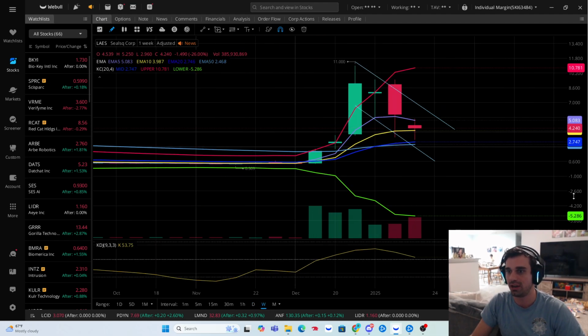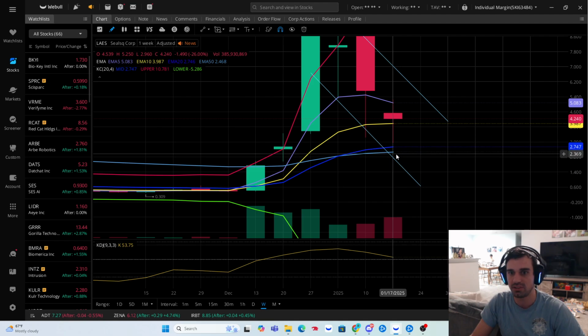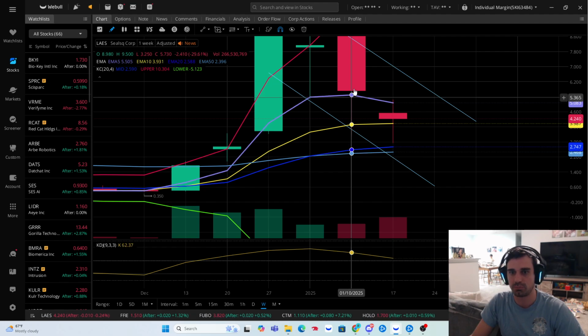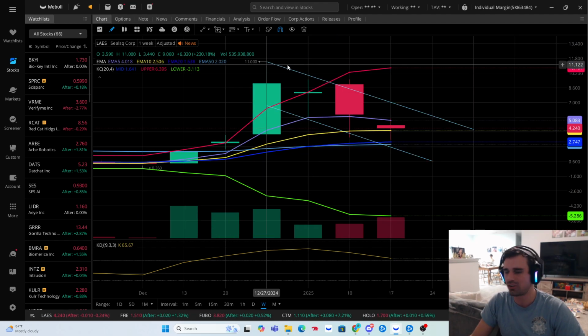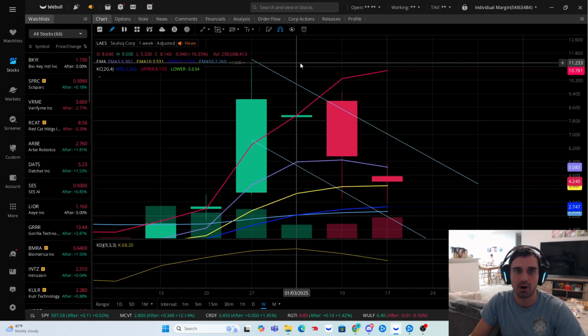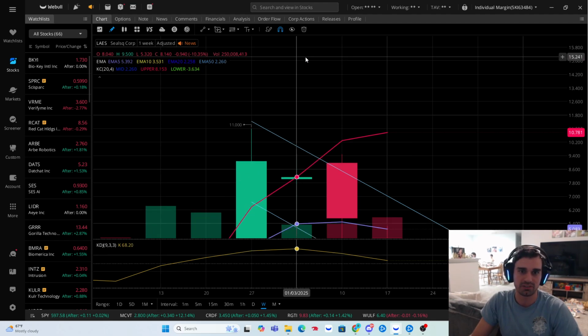Until I'm proven otherwise, and if this weekly candle goes below this area, then sure. But now I have this nice, beautiful trend line acting as support. We have this nice high. Of course, price is going to retest down. I mean, that's going to happen. It's made a monster move. What do you expect, for this price to keep going up?